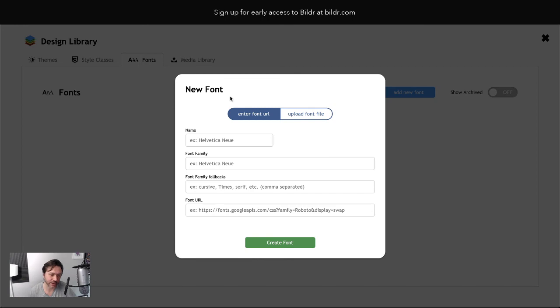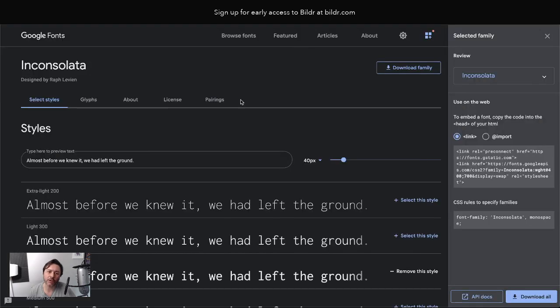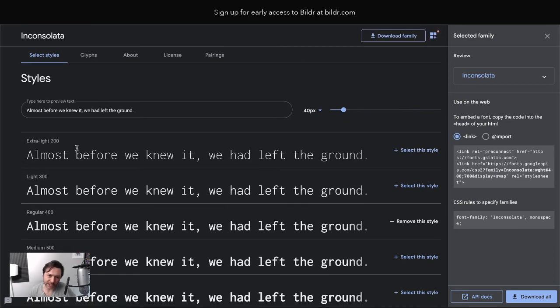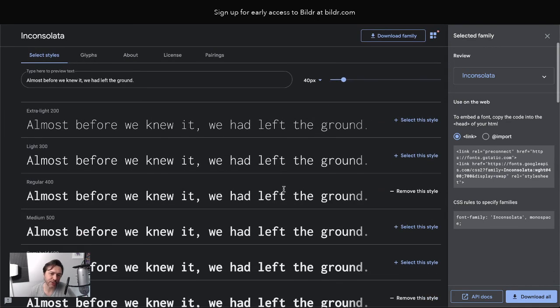Most of the time I'm using either a Google font or an Adobe font because I pay for Adobe. So in this case, you click new font and you get these options. The most important one probably is this font URL here. And in Google, the way I find that font URL, first I see all these styles for this font